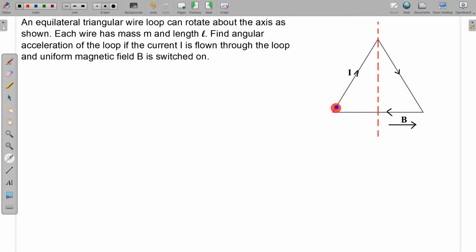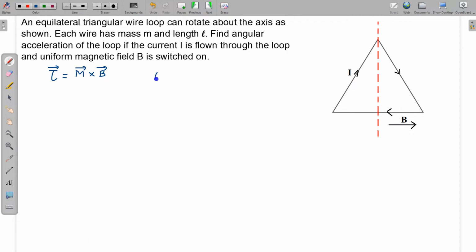So this is a very simple problem. In this situation you just have to find the torque on this loop due to this magnetic field. Since this is a closed loop kept in a uniform magnetic field, the torque can be written directly using the formula torque is equal to magnetic dipole moment cross B vector, and the magnetic dipole moment is perpendicular to this triangular plane. So the angle between M and B is 90 degrees, and